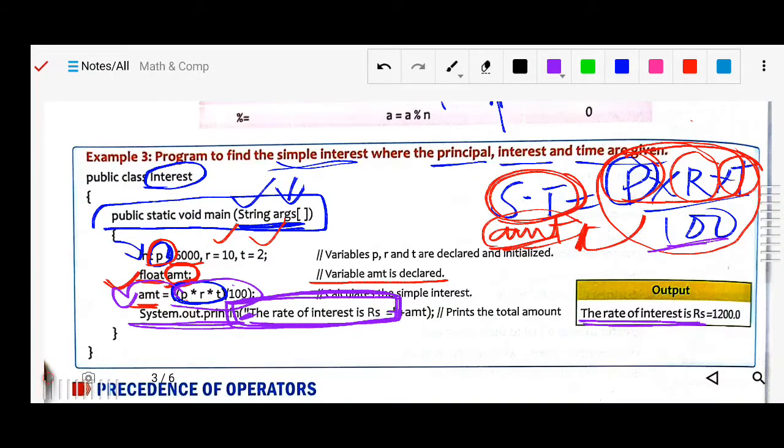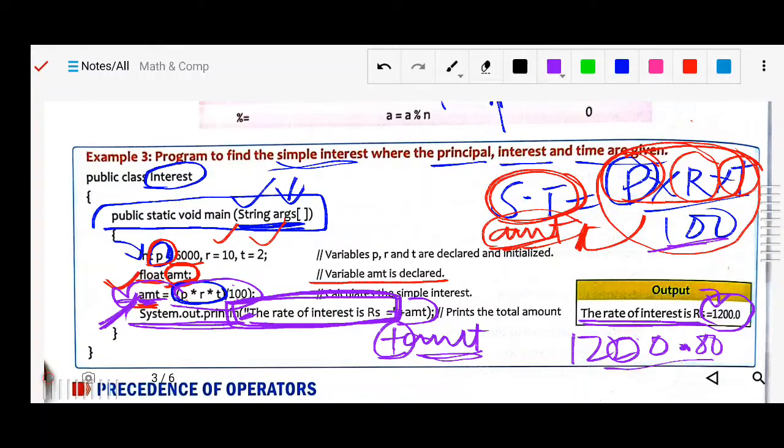Then after that, plus AMT. Plus means it will be concatenated, added just after that. So what is the value of AMT? Whatever the calculation is, that will be displayed. That is 1200, and since we have taken the float type, you can see 1200 point something coming. Why? Because it is a float type.